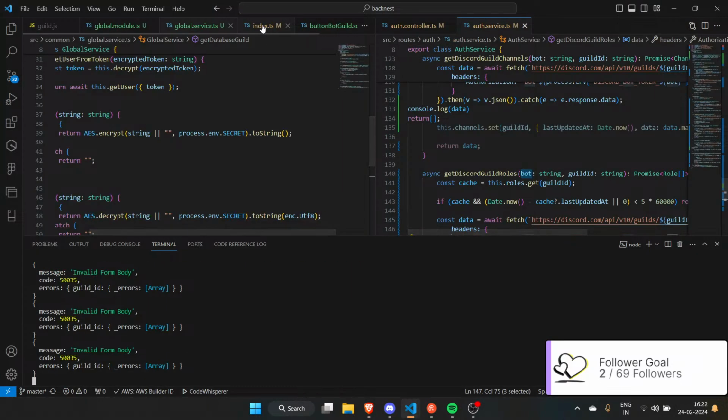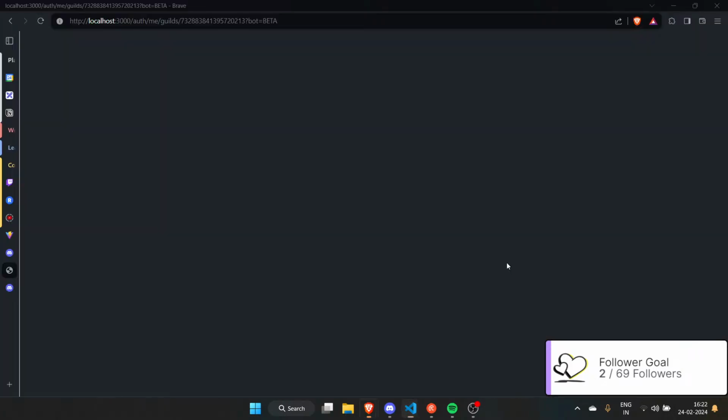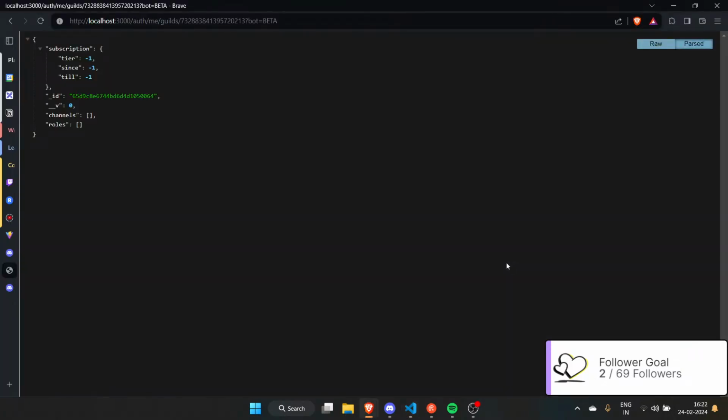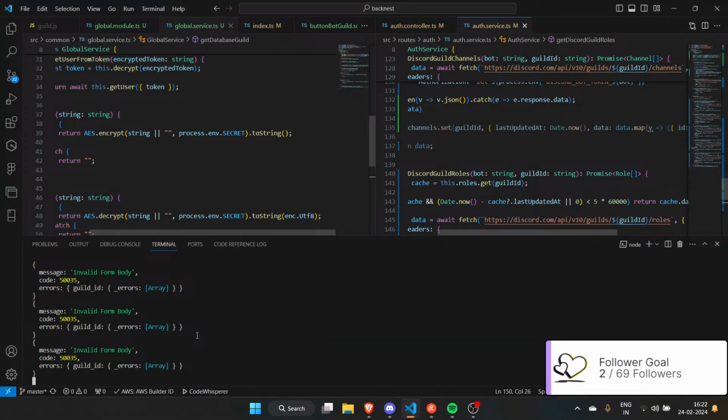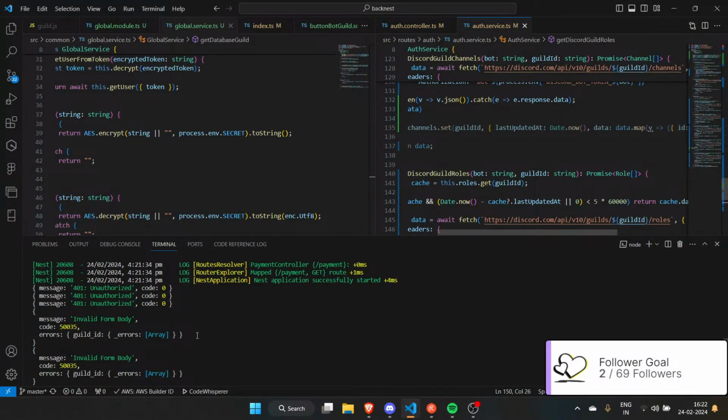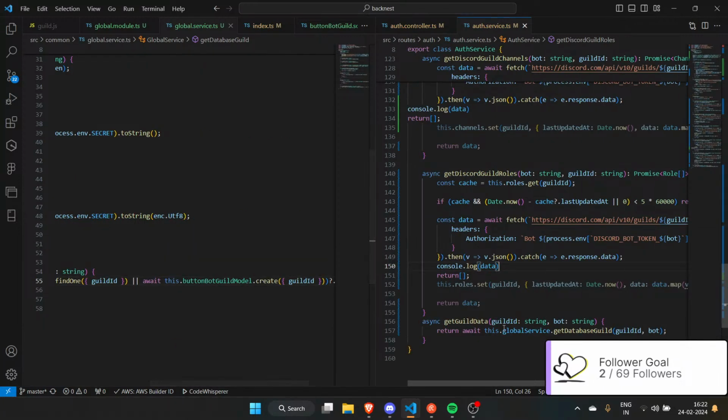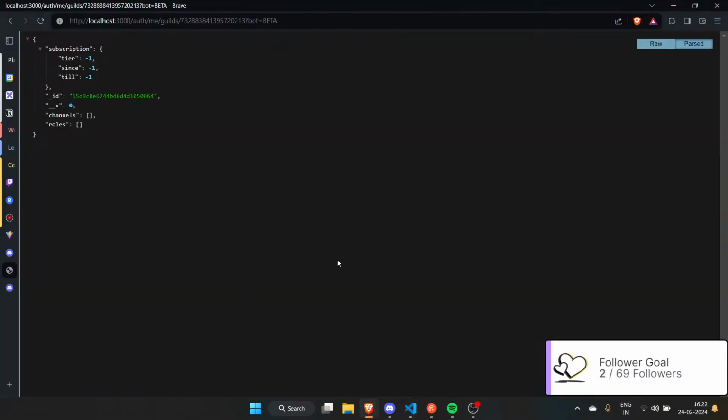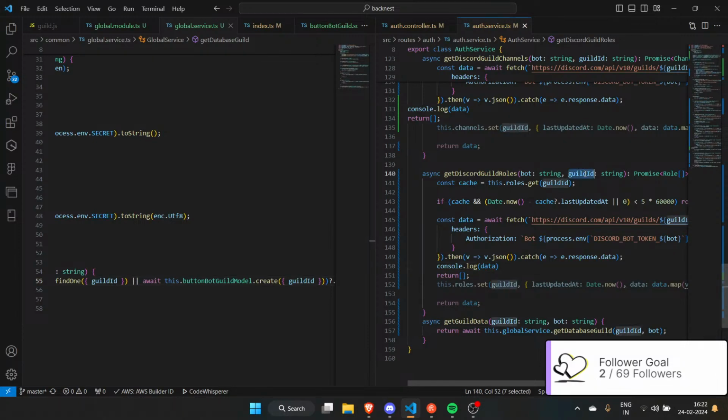It might work this. Let's go, baby. That worked. But we have an even more interesting error. That is invalid form body guild ID errors. What the heck? What the heck, man?